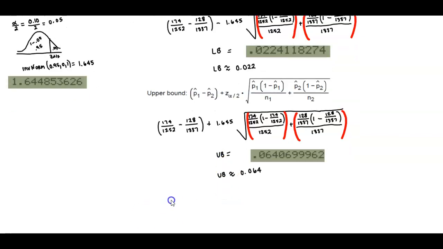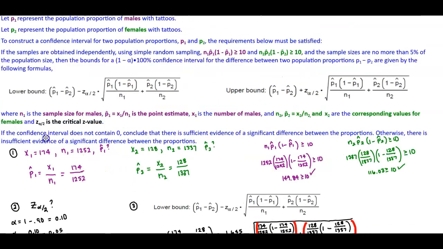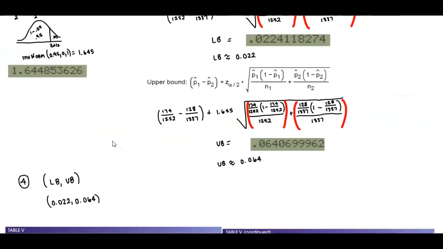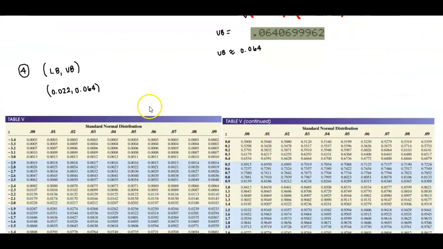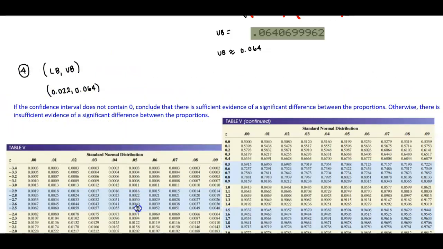Okay, so what does that tell us? Well, that tells us that the confidence interval has a lower bound and then an upper bound. That lower bound is 0.022, and the upper bound is 0.064. Okay, let's go back up here. Remember here that it says, and let me copy that, it says here that if the confidence interval